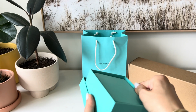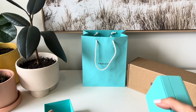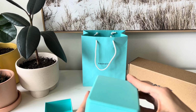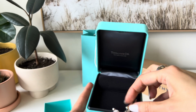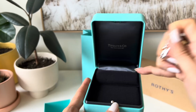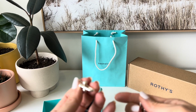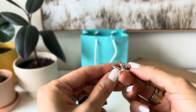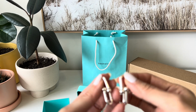I had been looking for these at the New York City 5th Avenue flagship store near me, but they never had this size. And I finally found them in the Dallas boutique when I went to visit my friend Elma. And yeah, they're just thrown in here because they're supposed to be pinned into here, but I have not bothered to do that. This is not a true unboxing because I've been wearing these so much since I purchased them. So actually, I wore these out of the boutique and the sales associate just wrapped up an empty box